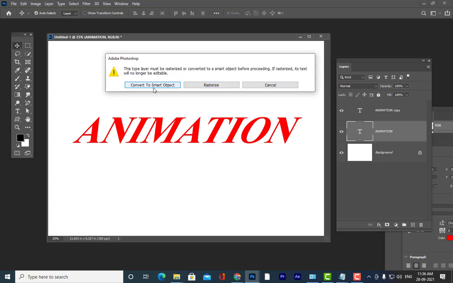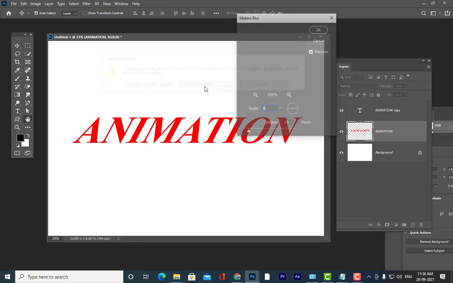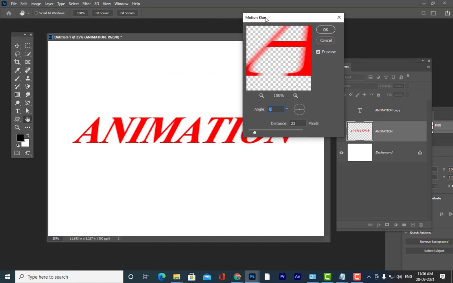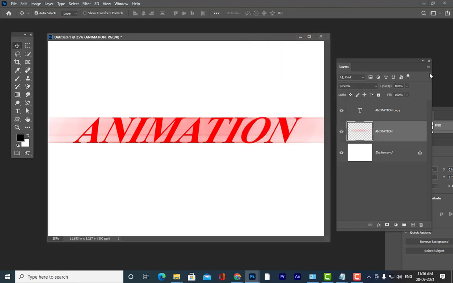You can also convert the text to a smart object, and we will be seeing what the use of a smart object is shortly, okay? But right now we will just convert the text to an image by clicking on this rasterize. So now you can apply the filter to this, see. So you can create something like a motion blur, something interesting, okay? Is it clear, all of you? Some nice interesting blur effect you can apply.